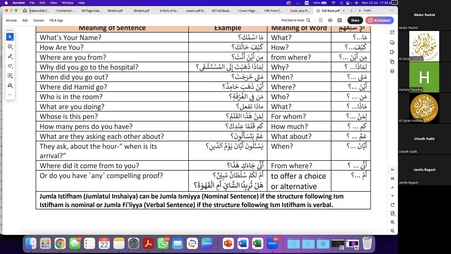So first example, am lakum sultanun mubin. This is from the Quran. Or do you have any compelling proof? Am lakum sultanun mubin. Again, the am is indicating a question. So the difference between these two is that the first one is used as a question, whereas the second one is giving an alternative. So these are the two